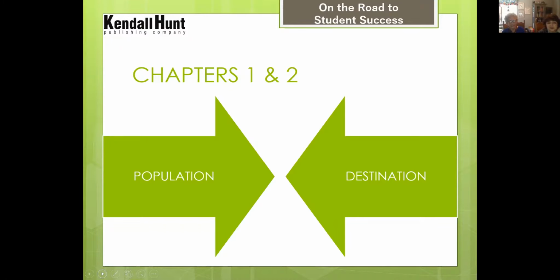So today's conversation is a bit of an explanation, a bit of an introduction to a book that is laid out chapter by chapter with those big ideas. Gotta give Lynda credit for the words. She put them together, and then we kind of, I don't know, gave them some body as we put the book together. But the whole idea of thinking from population to destination to anticipation to transportation to evaluation and celebration